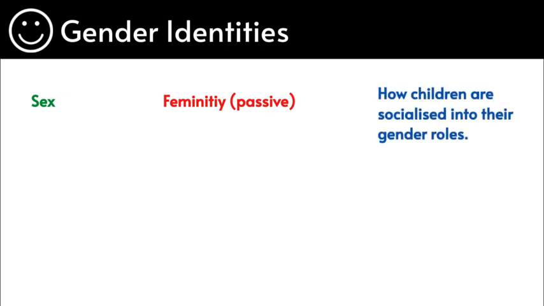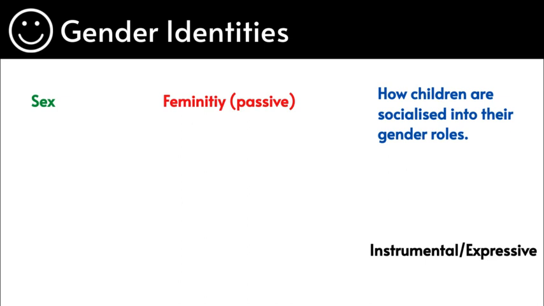How children are socialized into their gender roles is something which helps to form your gender identity. So whether you go as a male, female, bi, or other sexual identities. Whether you play the instrumental role or the expressive role. Who said this? It is Parsons who looked at the instrumental as well as expressive role. You can link sociologists in. Please, please, please do so.